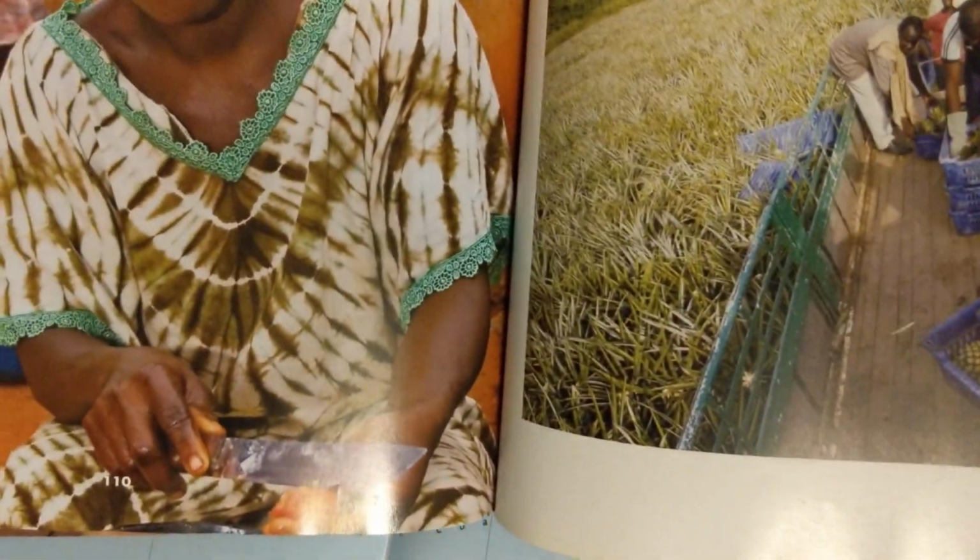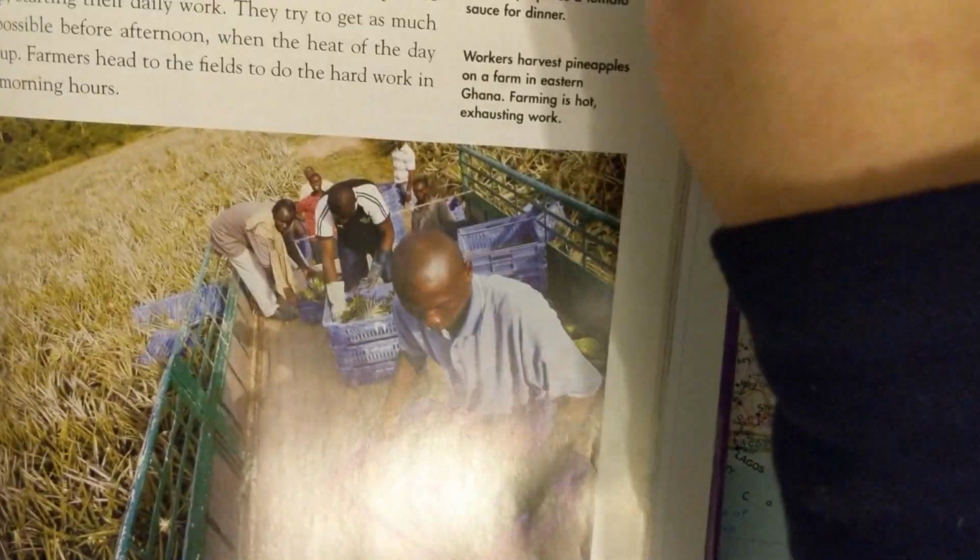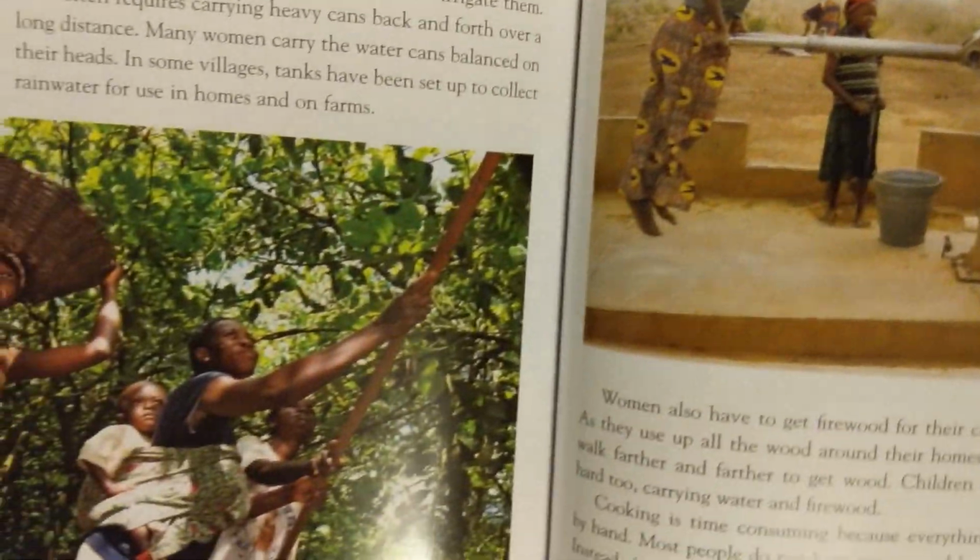Day in the life: cutting some fruit, gathering some fruit on the farm, harvesting pineapples, harvesting some cocoa,